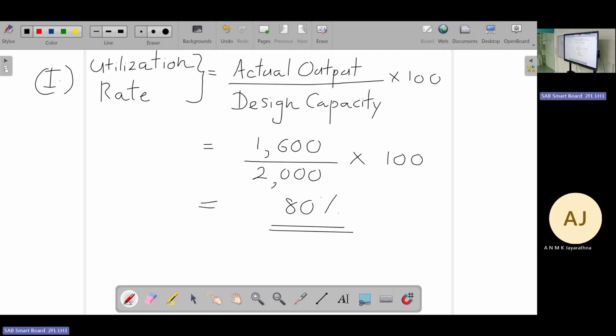The utilization rate is 80%, right? The actual output is 1,600. In the information, it's clearly mentioned the design capacity is according to the standard. That means according to the specification, that is the maximum output. So they can produce 2,000. You can find that from the question. So 1,600 divided by 2,000 and multiply by 100. The answer becomes 80%. Right? So then the efficiency rate